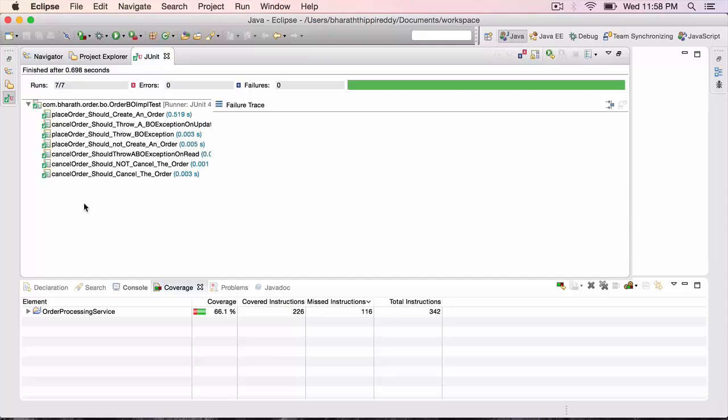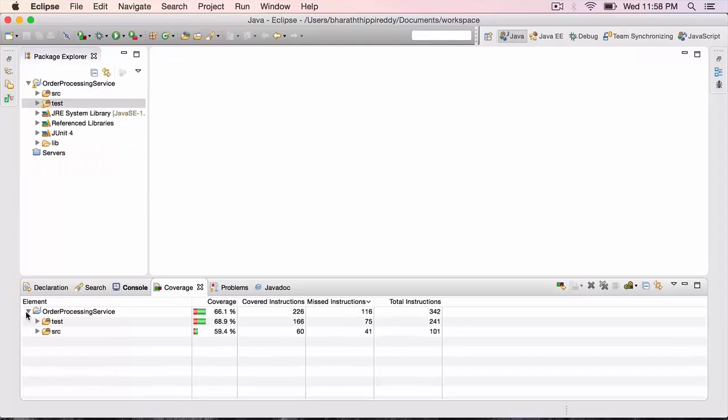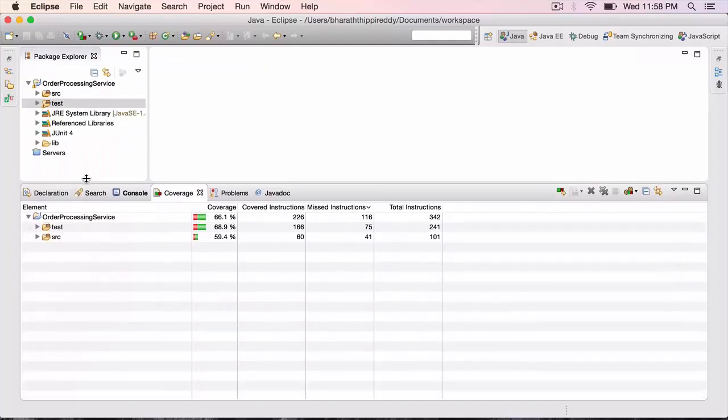While it runs our tests, it also analyzes our source code at runtime to see which parts of our source code, or which lines in our source code, are being run. And it generates a beautiful report here under the Coverage tab. If you expand that, let me drag it a little.